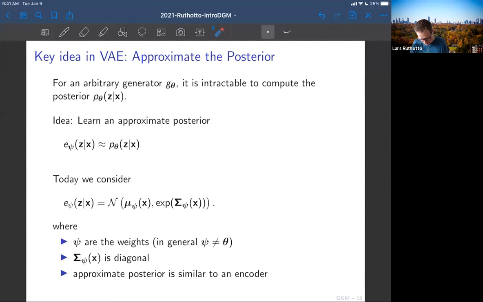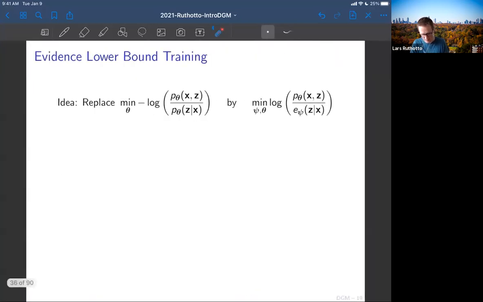Okay, so let's go on and take a look at why this idea may not be as bad as it seems. There's a little bit of analysis we can actually do, and that is now the training. If I replace this intractable quantity with the encoder, and rather than minimizing over theta, I'm minimizing over psi and theta, I'm interested in what the properties of this problem are. And of course, I missed a minus sign here. That is not supposed to get out. Oh, God. Okay, sorry about that.